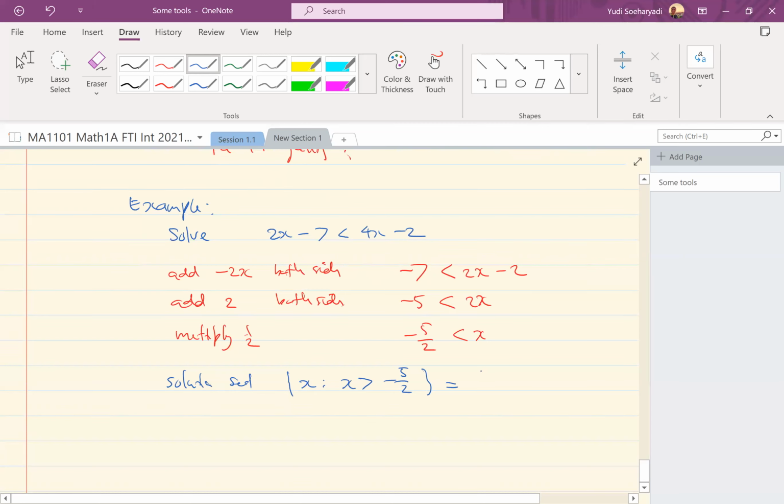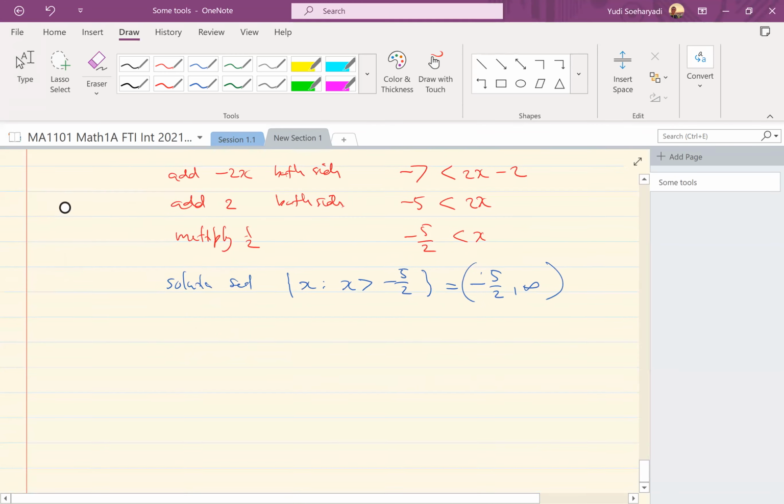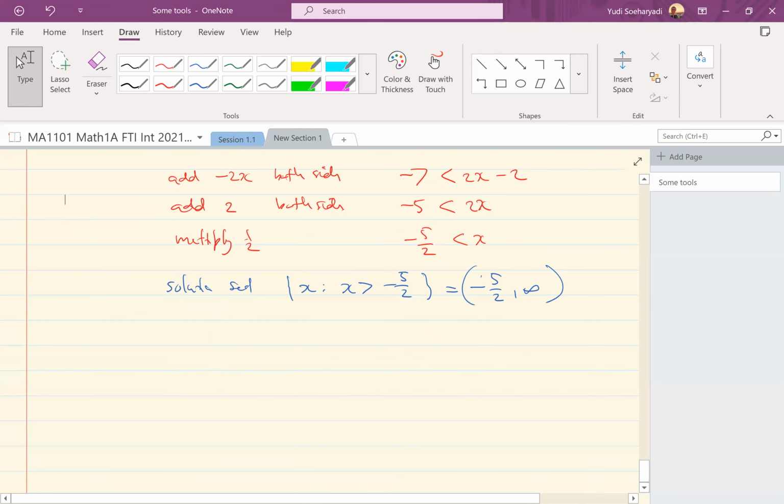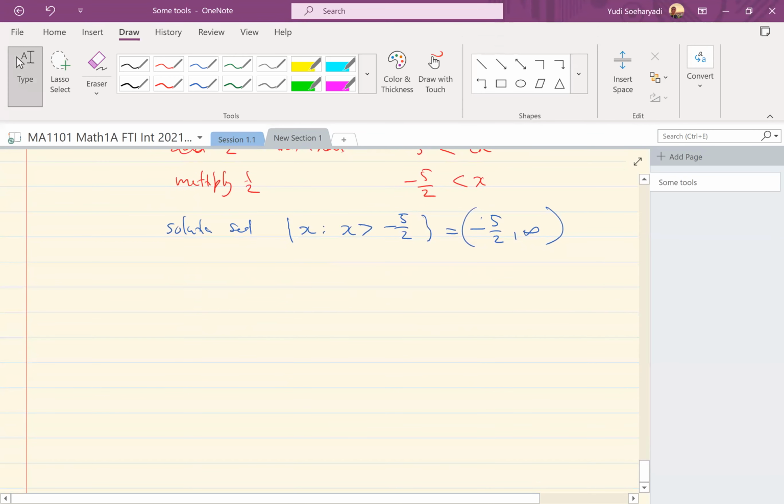So you can write this down as -5 half to the right. So everything to the right. So interval notations. Okay. And you can also